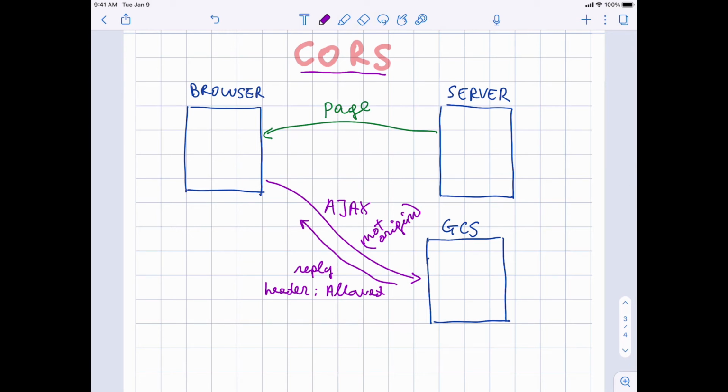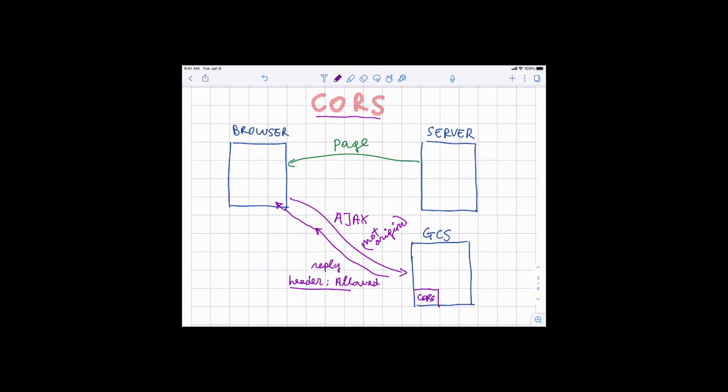Essentially, if we have configured GCS in such a way that is fine for CORS, this request, even though it comes from not the same origin, will carry this header that says it's okay, and then the browser will be able to accept the reply and use it. And so there will be this authorization step that is necessary, and that is what we configure with gsutil.